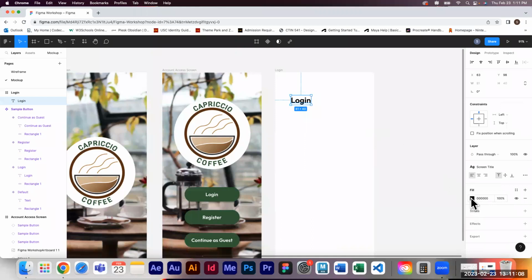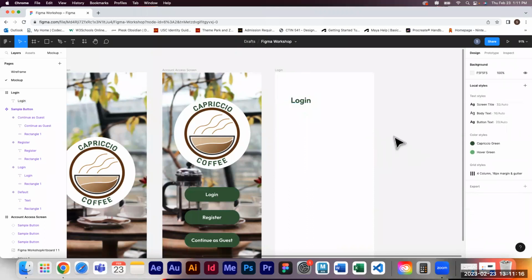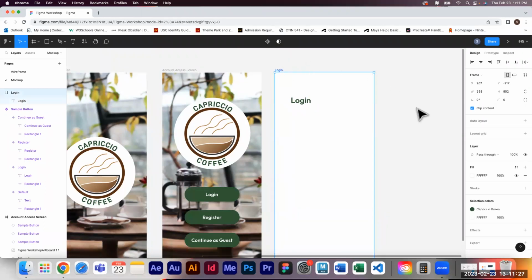And then I'm going to change the fill. I'm going to click the 4 dot style menu so that it's our Capriccio green. And then this is where those grids are going to come in handy for organizing your content. So when I click on the login page,